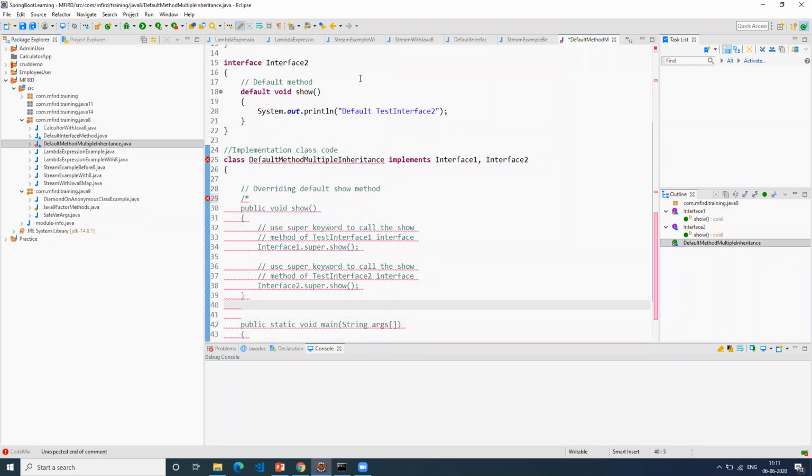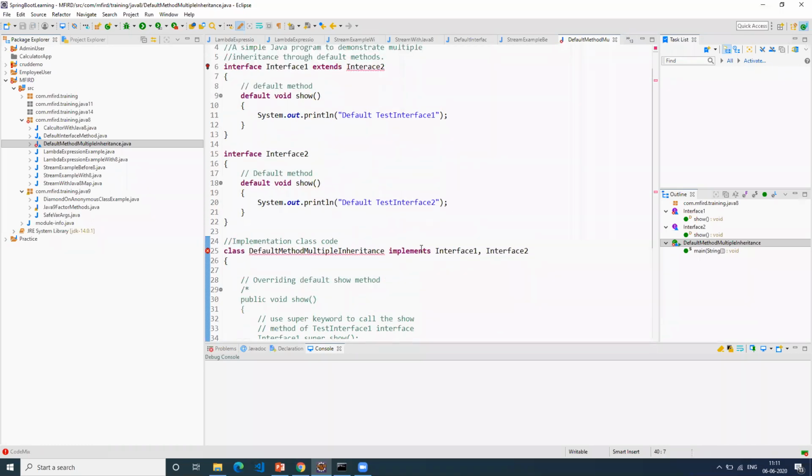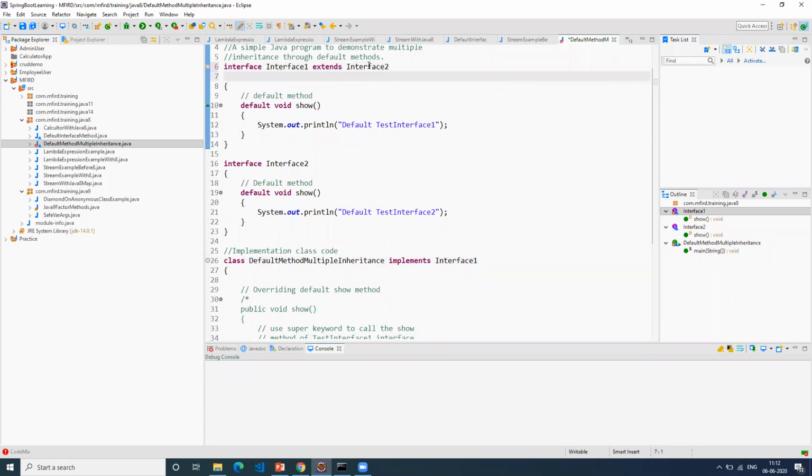There's no ambiguity here. In the implementation, we are saying implements interface 1 and 2. So now we're already extending 2 in 1. So do we need to? You don't need to. You can experiment with that here. See, it works. It compiles.